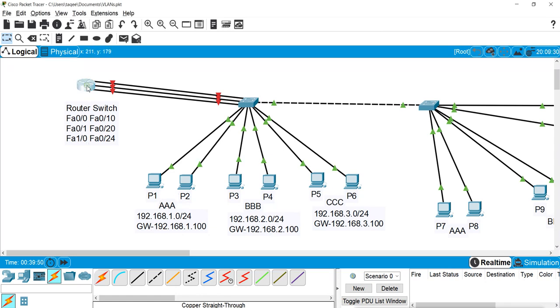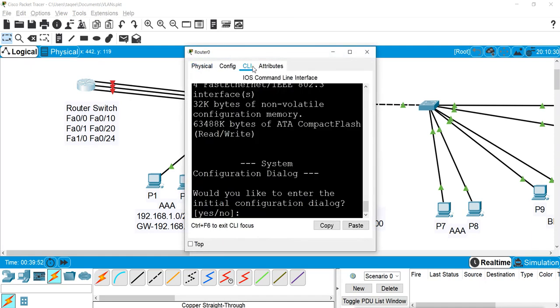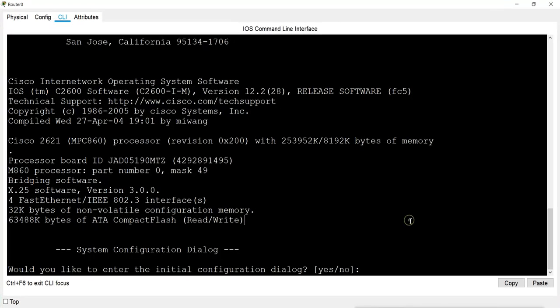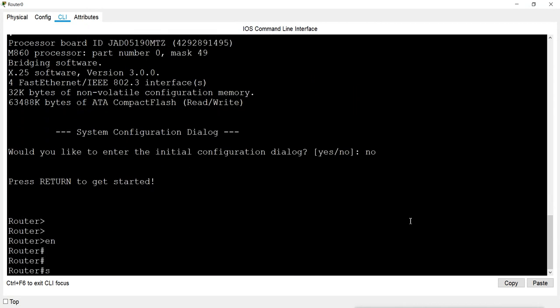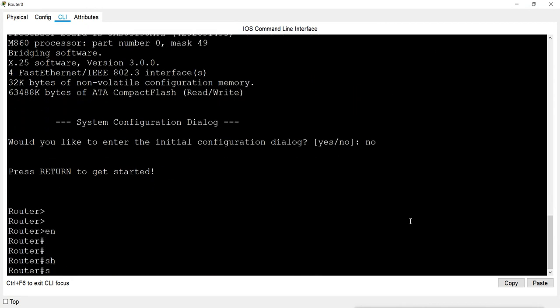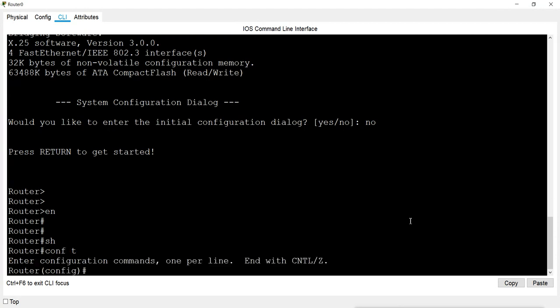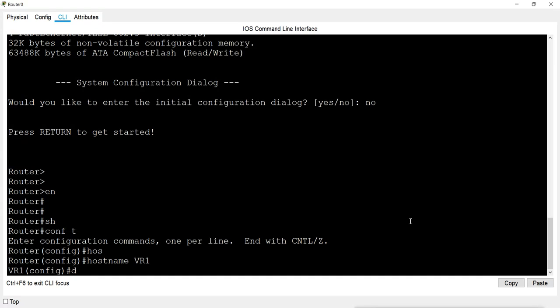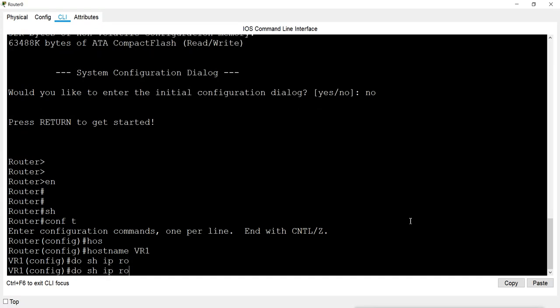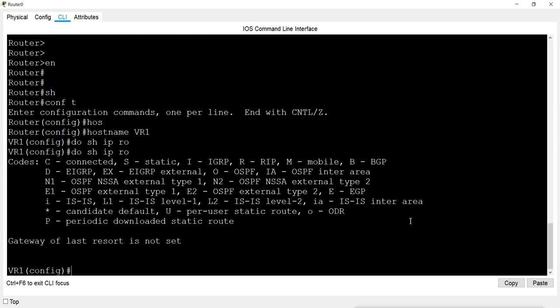So I'll go to the router here. First I'm giving it the name VLAN router 1. Now show ip route: there is no route, no IP address configured, nothing.